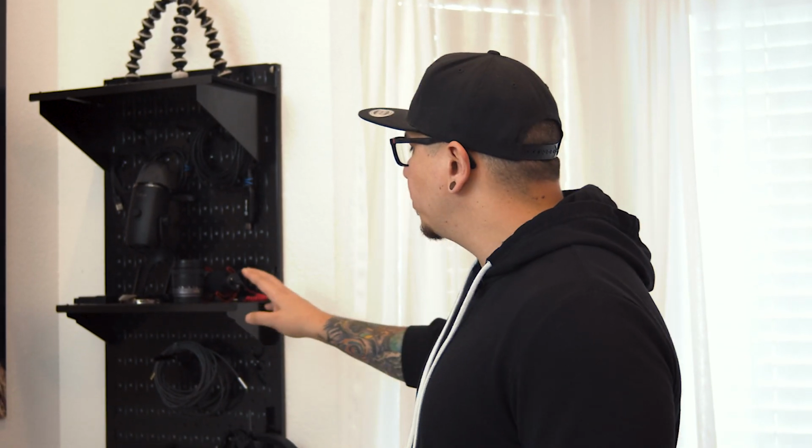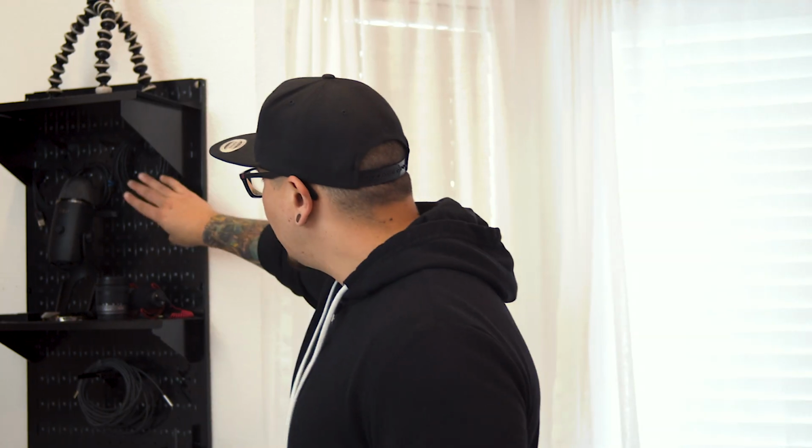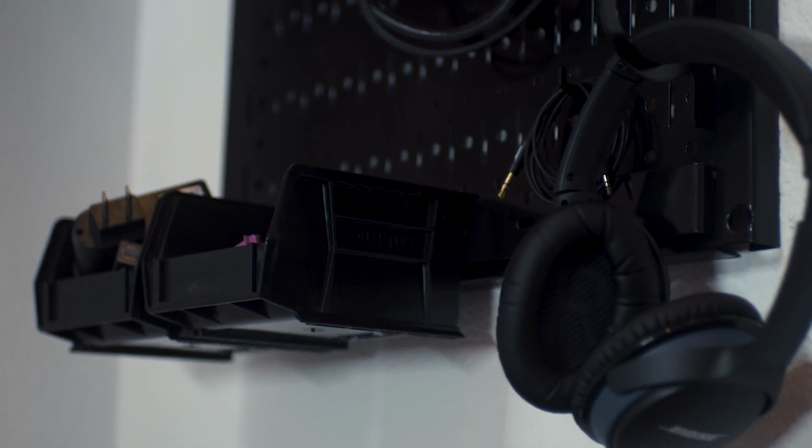This wall control pegboard is specifically made to hold at least 50 pounds per panel. And so yeah, it looks good, it feels good, it's durable, it's strong, and it holds all of my accessories. And so I can hang all of my cords up here, I can put all of my things that I'm not using, extra lenses, mics, charging stations, I can hang my headphones,